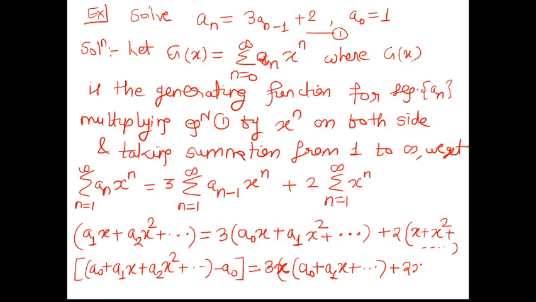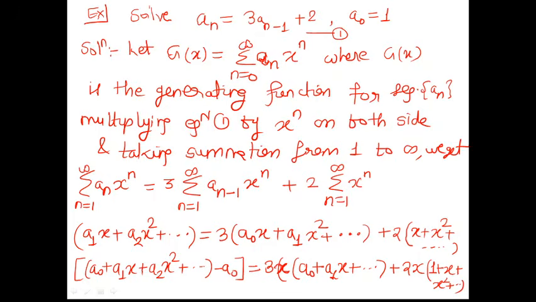Now, this is the standard series, and it is a geometric series. And a geometric series always starts with 1. So let's take x common. So what do we have? We have 1 plus x plus x square and so on. Likewise it is done. Now if you see this a0 plus a1x plus a2x square, this is nothing but g of x as per our notation, and a0. So here we'll have to substitute the value of a0. So substituting the given initial condition and replacing a0 plus a1x plus a2x square by g of x,